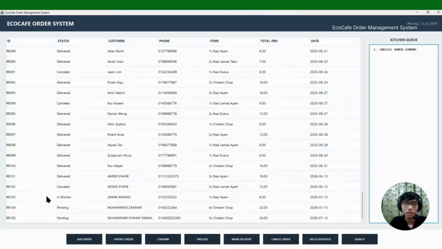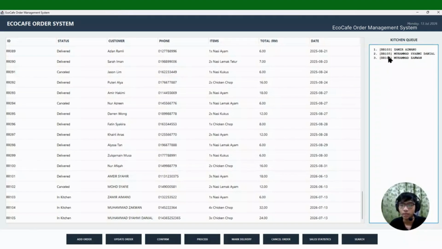This is exactly where our queue concept is applied. Next, I will confirm R105 and then R104. Here on the right side, you can see the kitchen queue displays the exact sequence of R103,